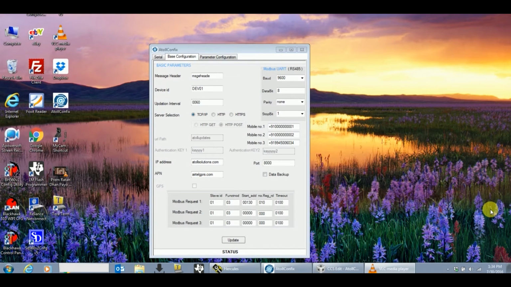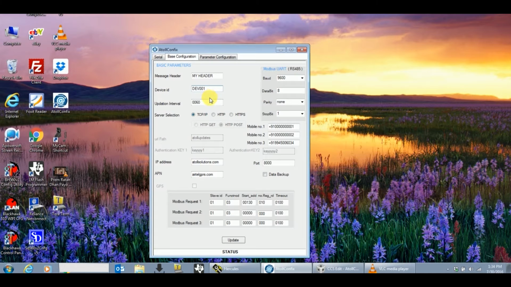Once we configure all the parameters, the device will start sending data to the server. Let's configure all the other basic parameters as well. Here we can configure what header must be inserted in the data while pushing it to the server. Let my header be my header, and I'm setting device ID as DEV001.